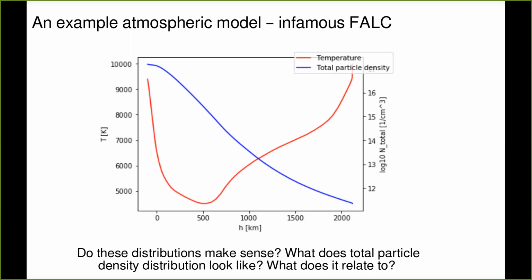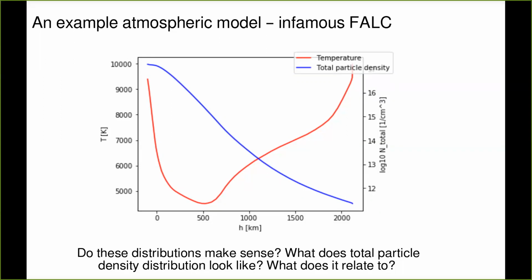So what we see here is the temperature drops very rapidly from some 9.5 thousand Kelvin to some 4.5 thousand Kelvin, and this is what I call the temperature minimum. And then it rises, first slowly, and then there's like an inflection point, and then it starts rising very, very quickly. And in some FAL models, you have even more points here to the right, with temperatures going up to 100,000 Kelvin. We don't need it now, but they were able to infer that by studying various pieces of the spectrum.